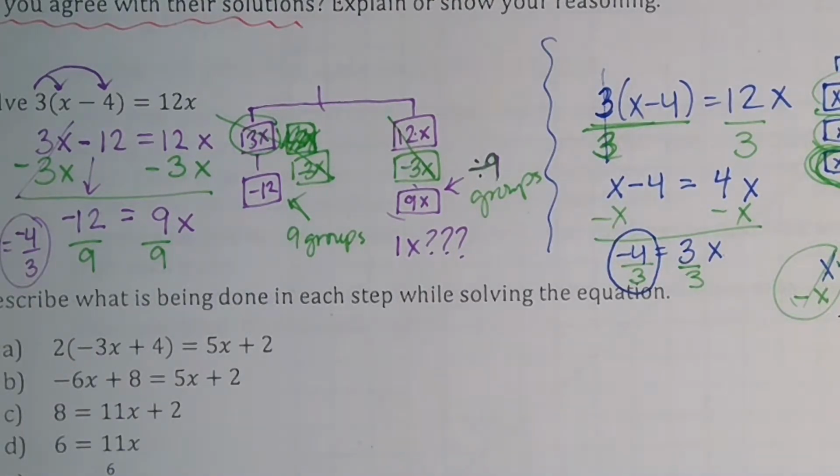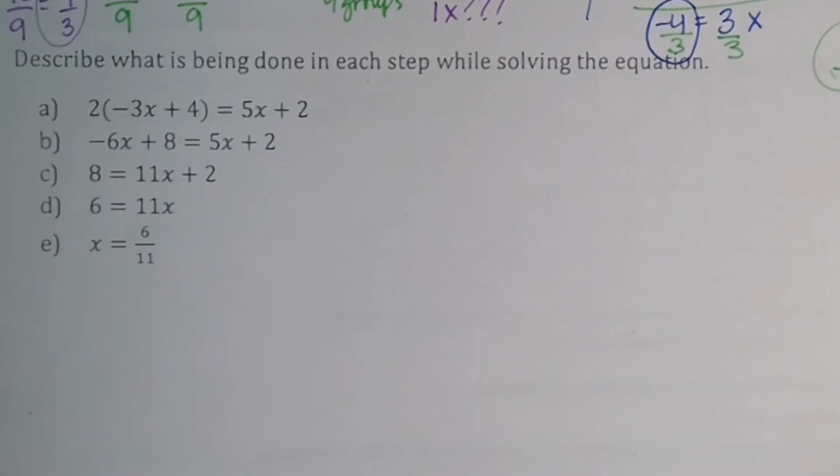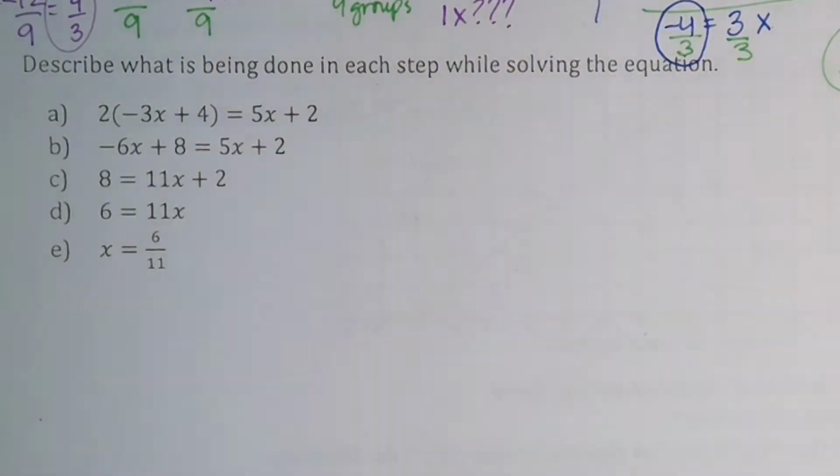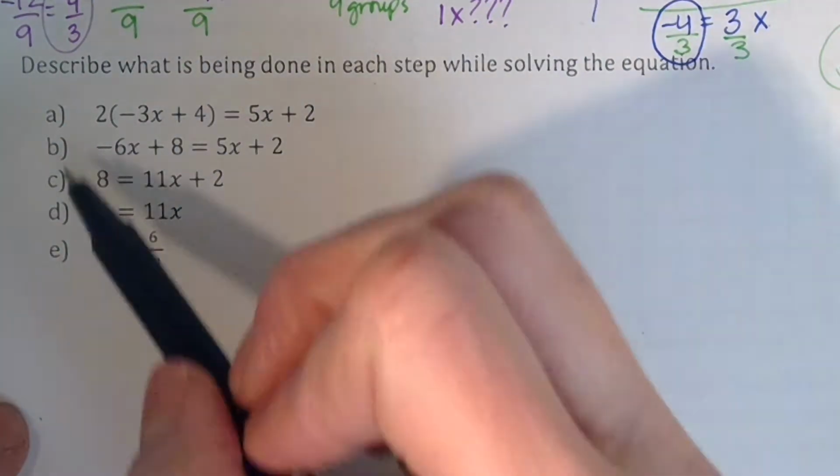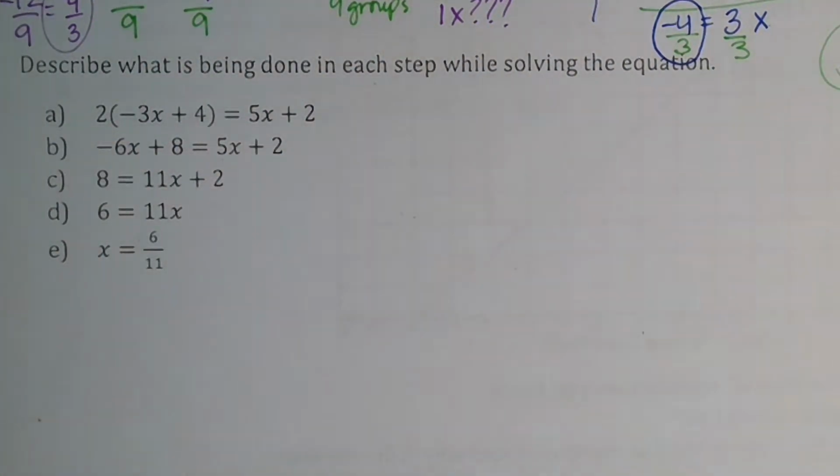All right, number 3. Describe what's being done in each step while solving the equation. So all we're doing is going through the steps and explaining what happened. So from our first